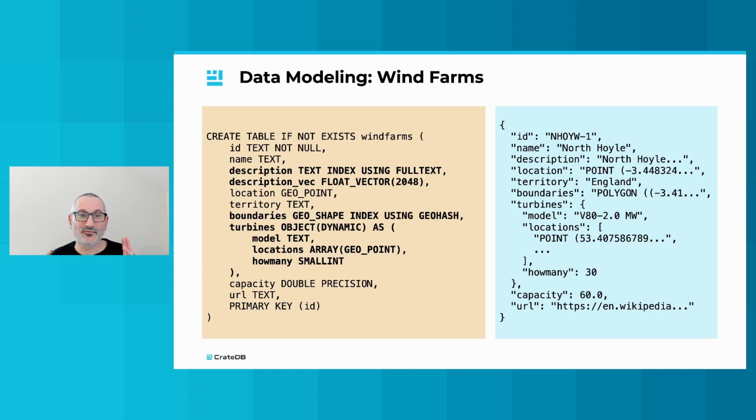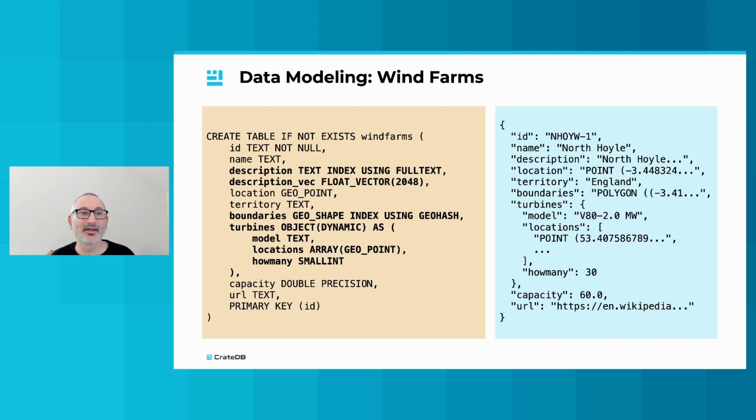So finally, the fields that I wanted to bring your attention to are description and description_vec up the top there. So again, inside the same table with geospatial data and object document style data, we have a text field that is indexed using full text. This tells CrateDB to build a full text search index over this field, and CrateDB uses Lucene for that, so something that you're probably already familiar with. And again, it can be queried with SQL. So here we're going to be able to do sort of keyword matching type questions